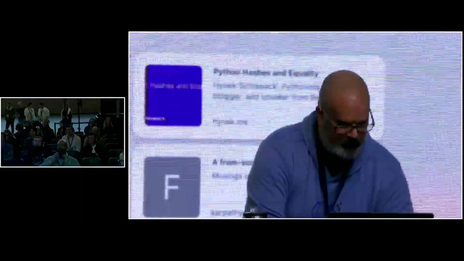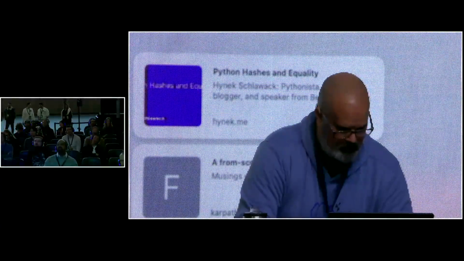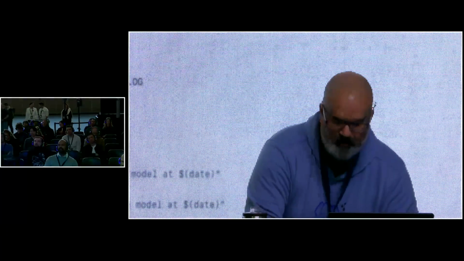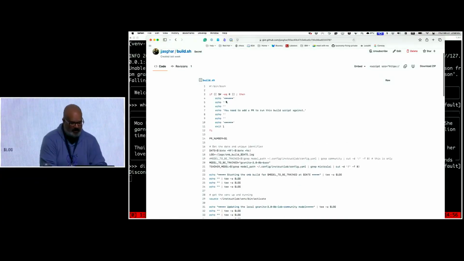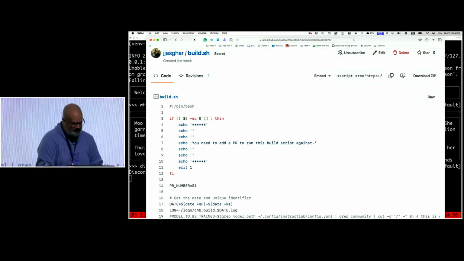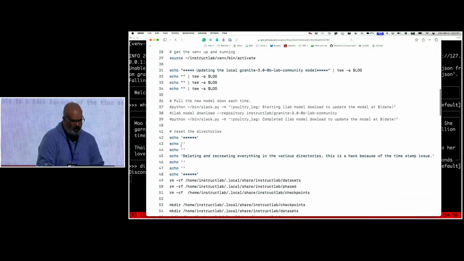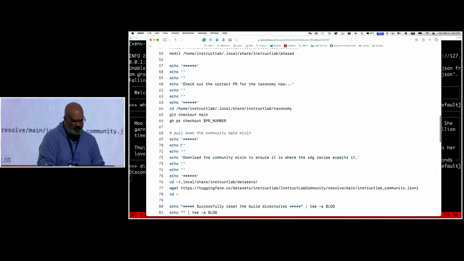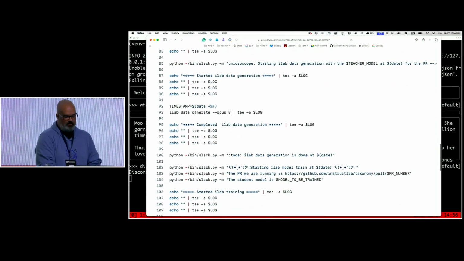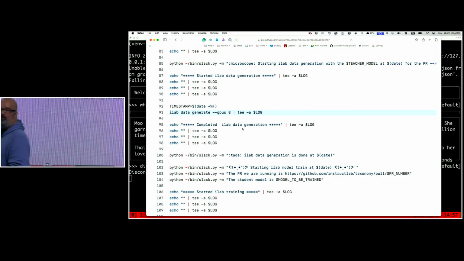So, I'm not supposed to show this publicly, so y'all are not seeing this. Y'all are not seeing this. But the best part about this is that it's actually just a handful of commands. This is the actual build script we use on the community model build, the thing that we're trying to do for the big side. It's only a handful of commands that you can get from